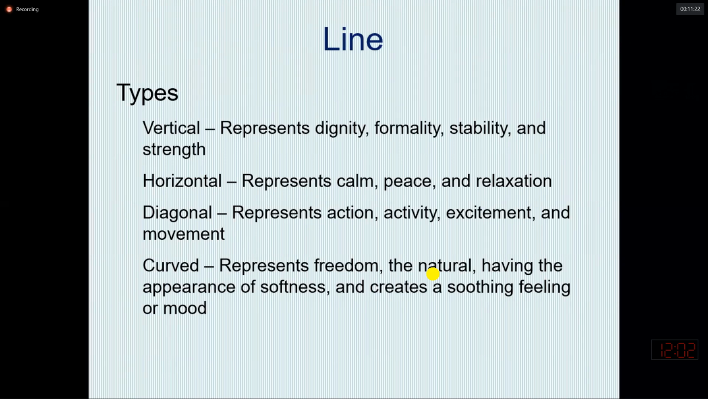The first one is the vertical line. The second one is the horizontal line. Then there are diagonal and curved lines. Each line communicates with a different meaning. For instance, vertical lines really communicate dignity, and they are mostly used in cathedrals, churches, mosques, or any sort of